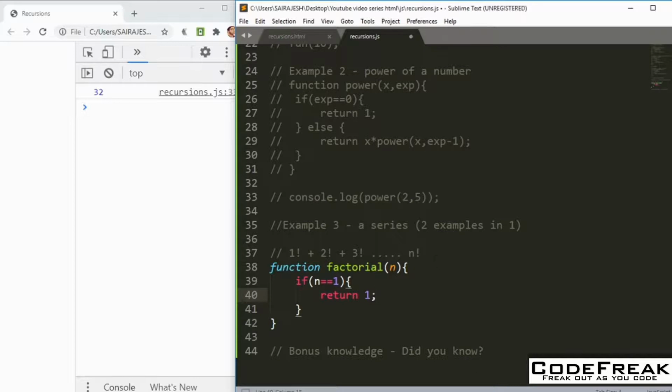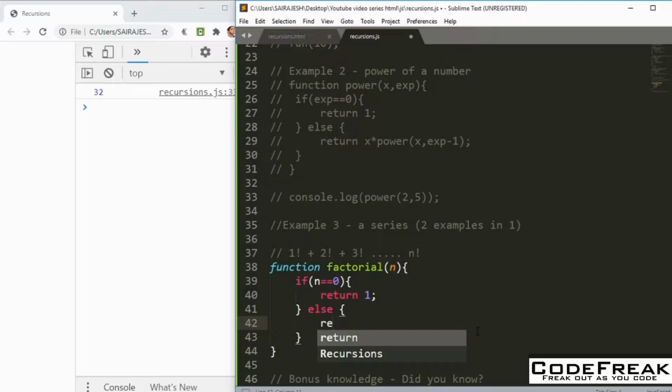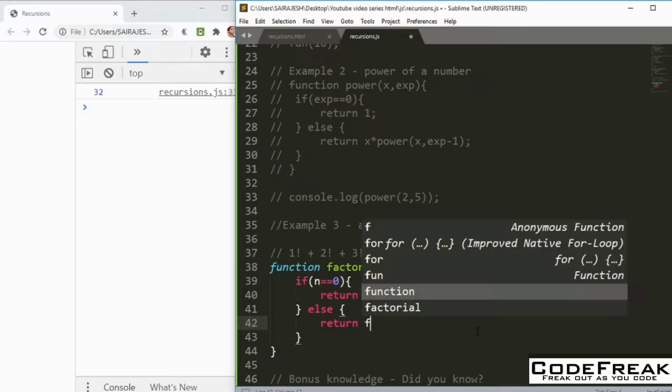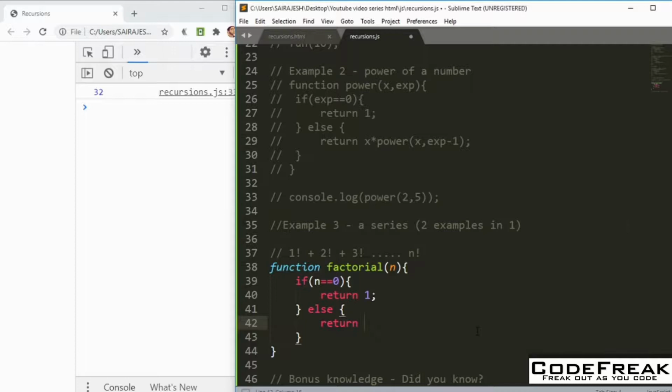So actually you can put 0 here also, it will go one more round, so that doesn't matter. Yeah, let me put 0, doesn't matter anyway. So that if you put 0, then you get that also. So for this particular example it doesn't matter, but for others it may matter. Okay, so now what you can return here is you can return n into factorial of, similar to how you used the power logic, n minus 1. So that works out fine.